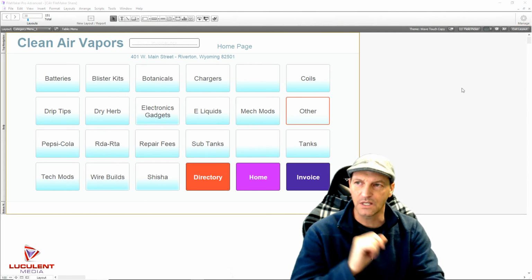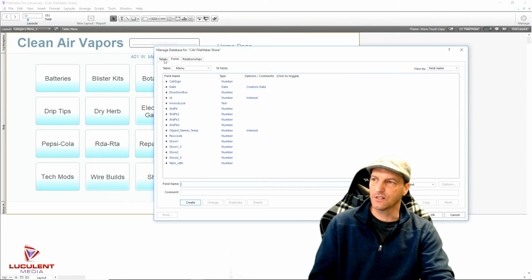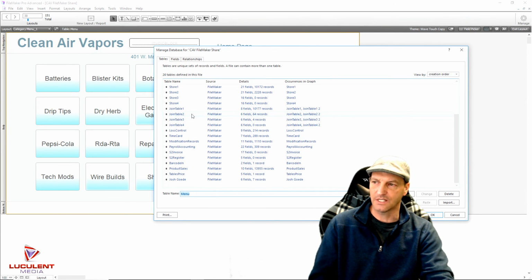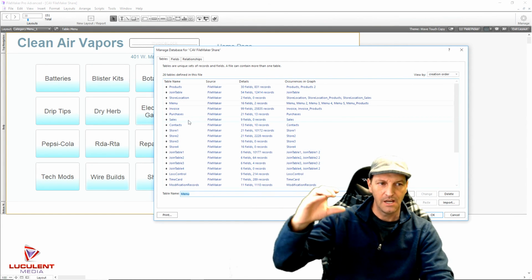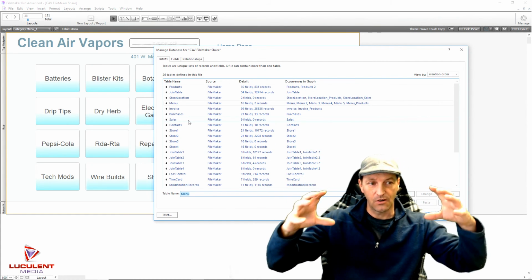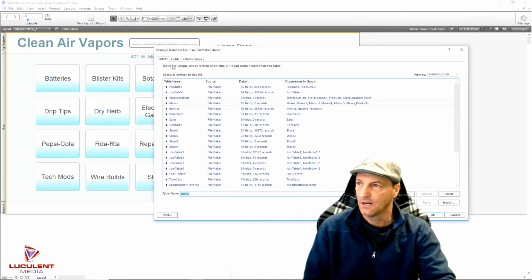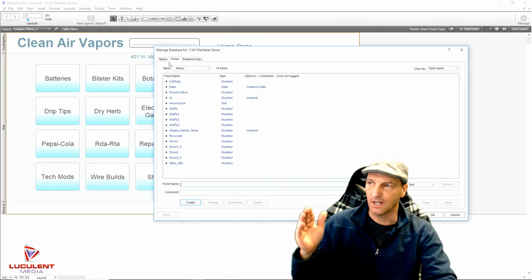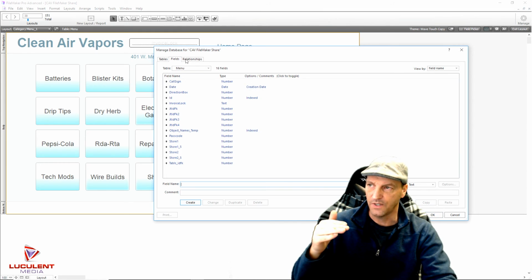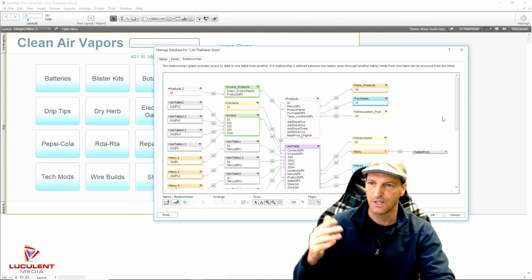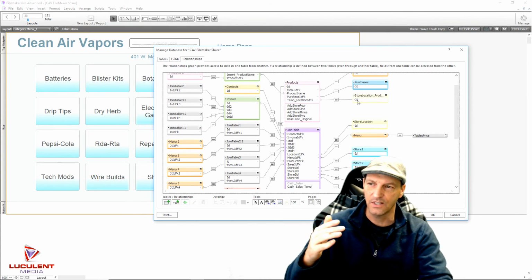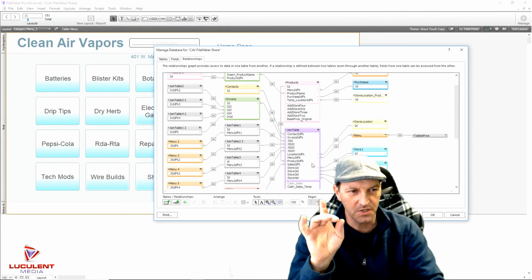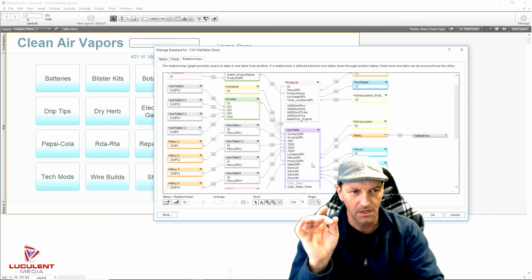But when you go into the database, and here's the database, here's all of just the tables that are involved in this script. This is just the tables. And as we all know, the tables are the giant category box. And then you have all of these fields, and each table has its own fields, and then you have relationships. Look at how this is set up. Look at all of these different relationships. This was the very first program that,